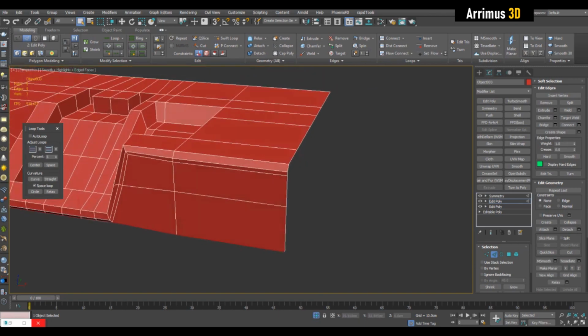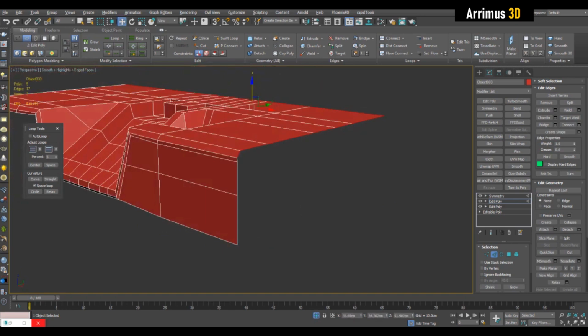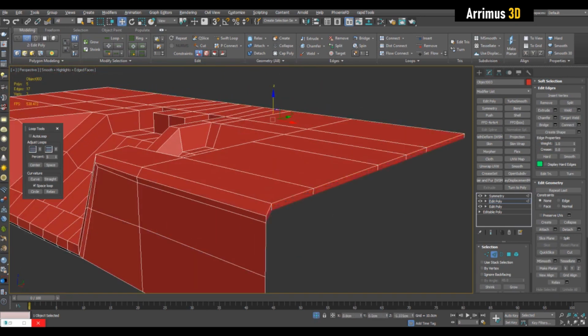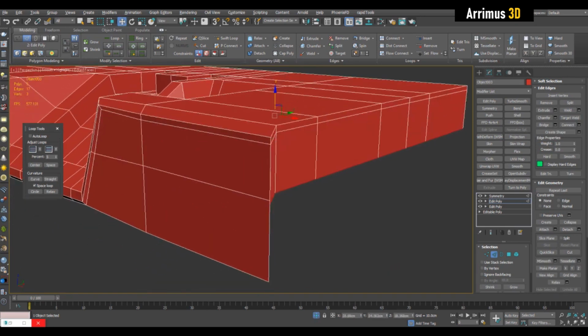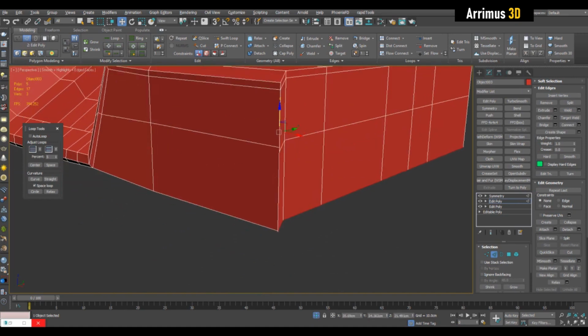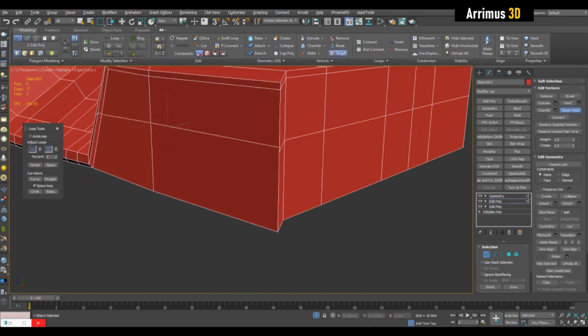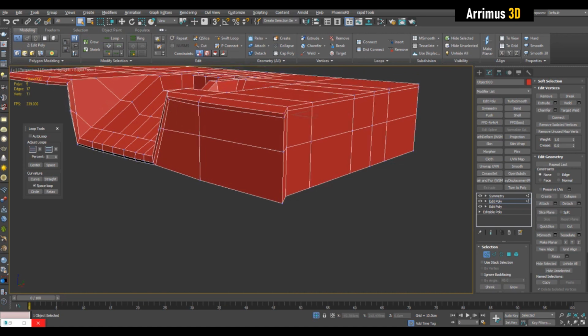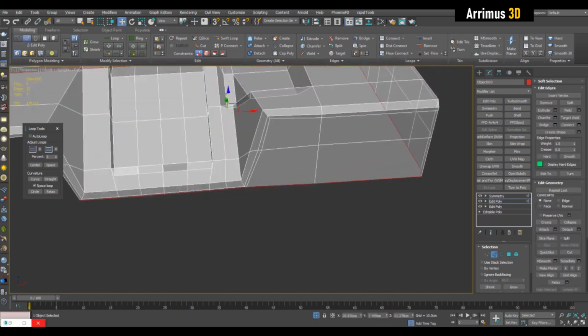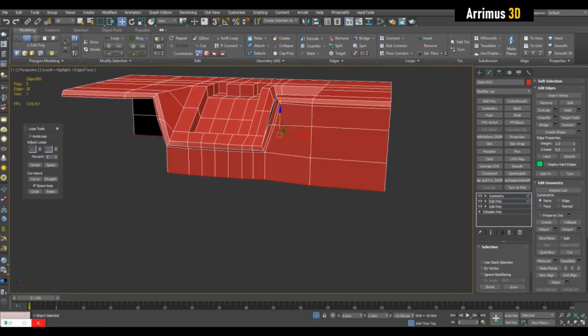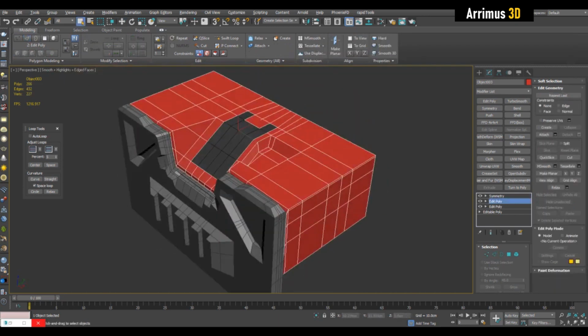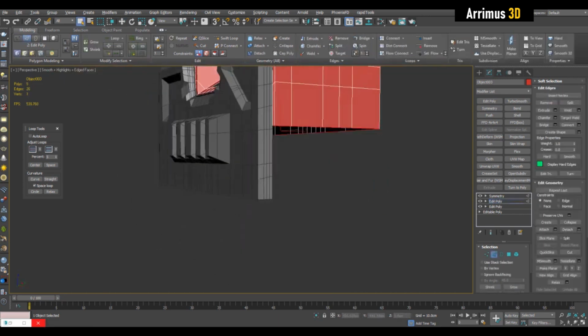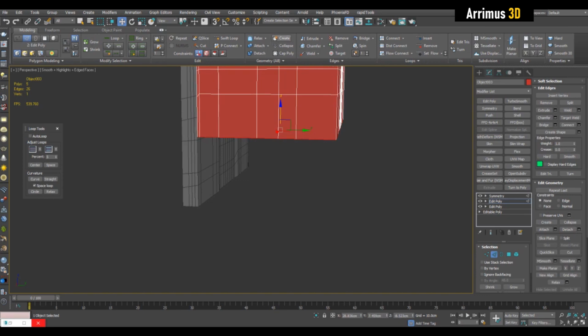Right, but first I want to even this out right here. So I will hold shift. Here I'm not really using snaps, but you can use snap as well. Alright, and then you can simply extrude down here. In order to match up with the bottom of this, you can right click here,